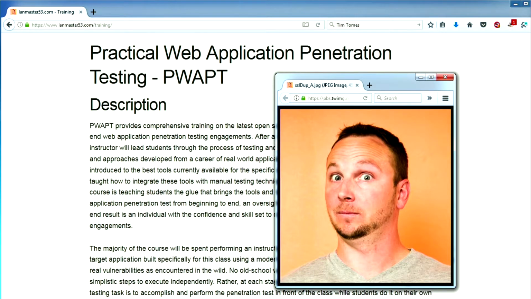If you're looking for something a little bit closer, Tim Tomes runs the Practical Web Application Penetration Testing course. And he does the same thing. He'll come out. He's in the Southeast a lot. He goes up to Boston. So if you're looking individually, you can go to that kind of stuff. Just go to his website. But companies can also hire him to come in and train developers on application security. I've taken this course, and what I really like about it is you spend 2 to 3 days breaking an application and then 1 to 2 days doing remediation on it, which I think is important.